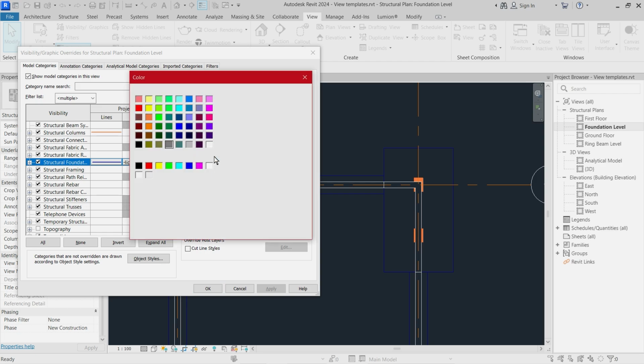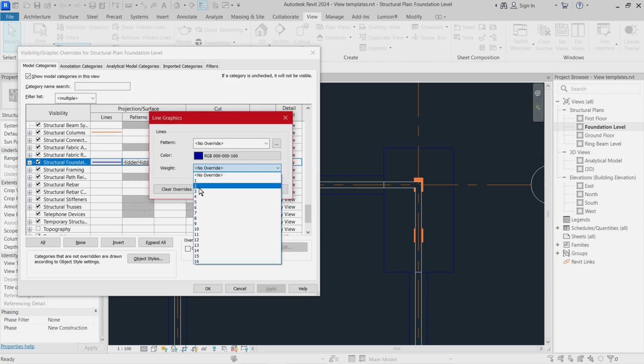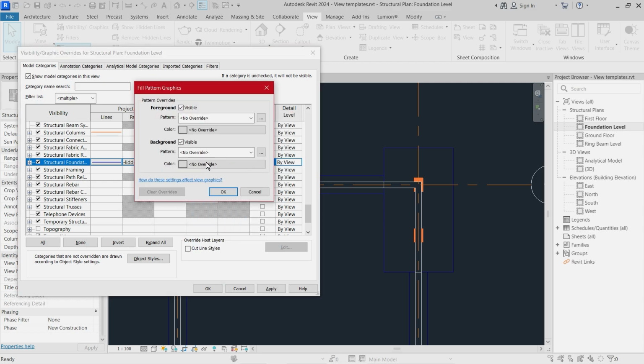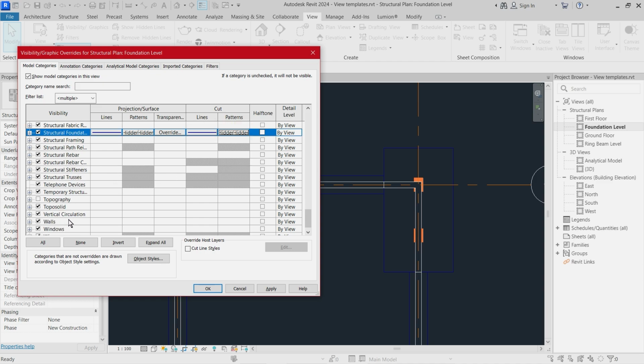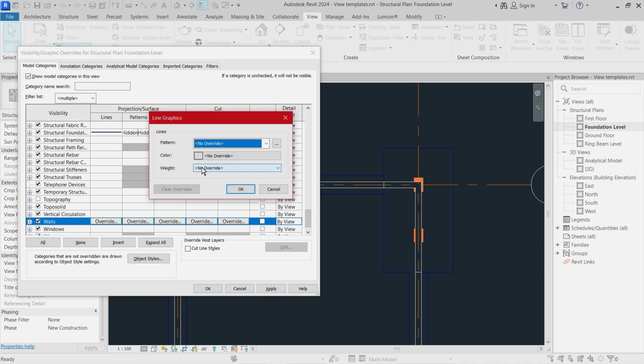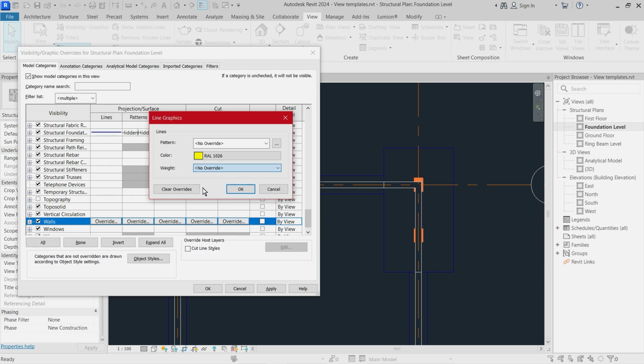Then you come here to cut. I want to maintain the color and the weight for the cut. Then for patterns, I don't want any concrete, so I'll choose OK. Then head over to the walls, do the same thing. Let me select my walls to stand out and I choose yellow. Then the weight to